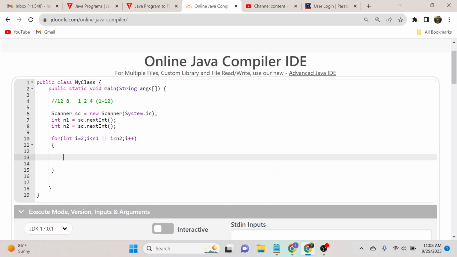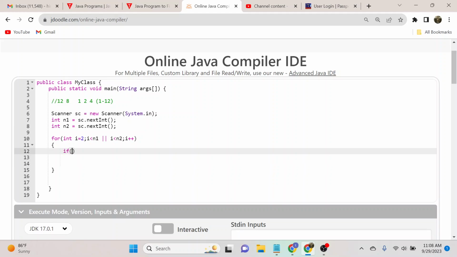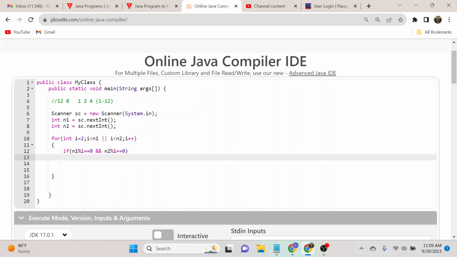Okay, now the main condition: n1 is completely divisible by i. What does this mean? If n1 mod i is equal to 0, it means the remainder is 0, so i is completely dividing n1. And if i is also completely dividing n2, then only